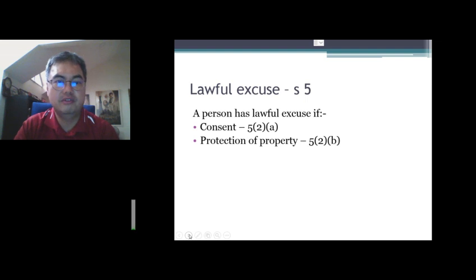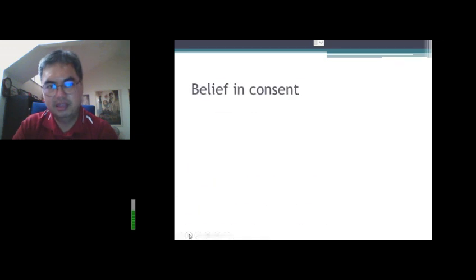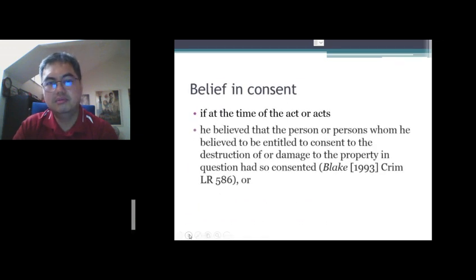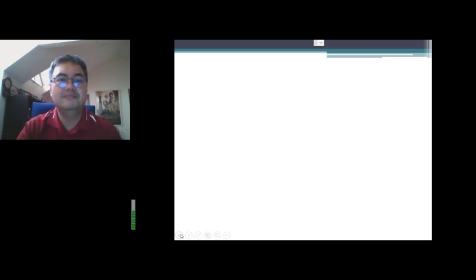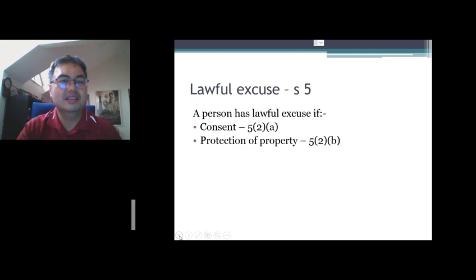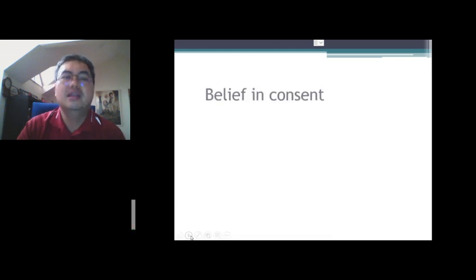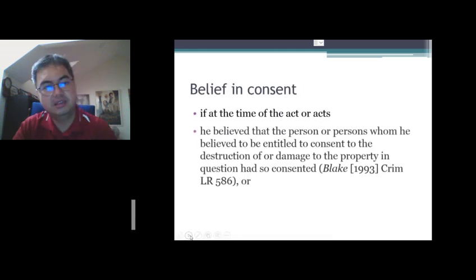or if he destroyed or damaged property to protect other property, right? So both of these are found in section 5, subsection 2, and we'll be looking at them individually. So the first lawful excuse, which is found under section 5, subsection 2a, is belief in consent